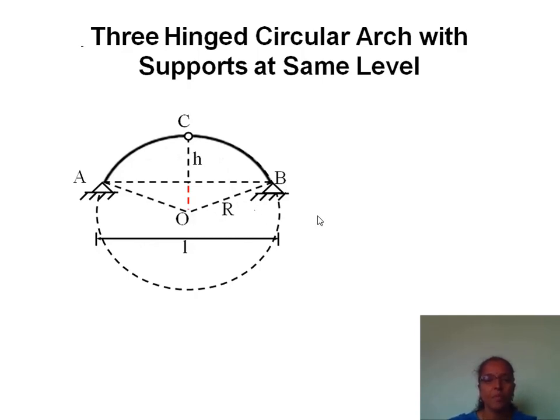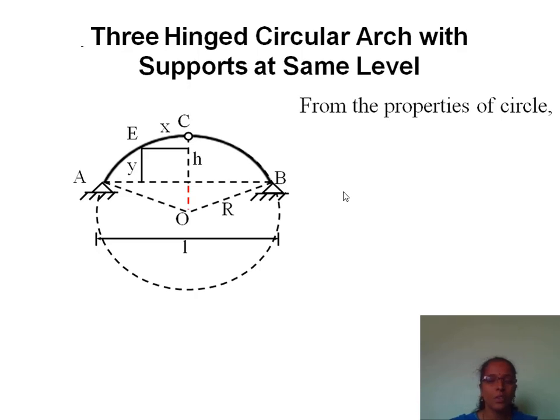Let E be any point on the rib of the arch, and let it be at a distance x from the center line, that is, from the center of the arch. It may be either towards the left or towards the right. Let y be the ordinate of this point E from the springing level.